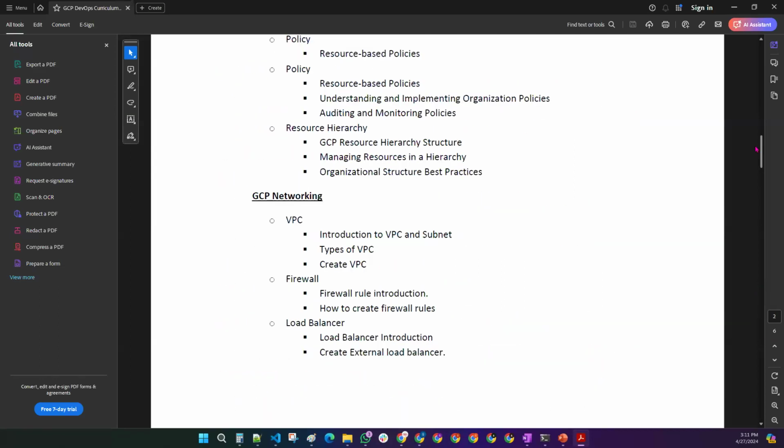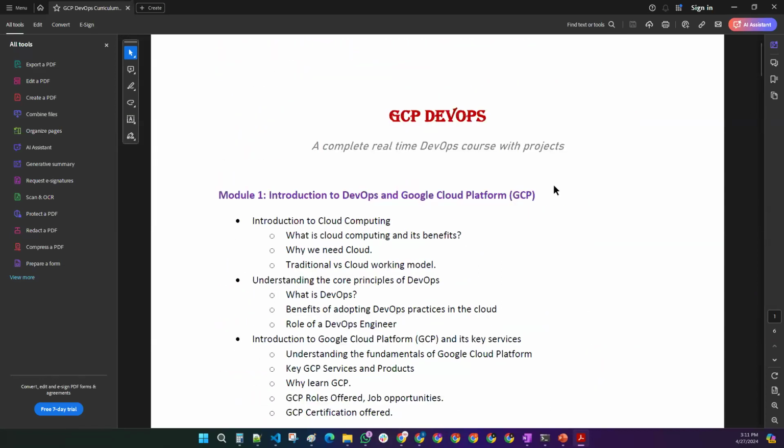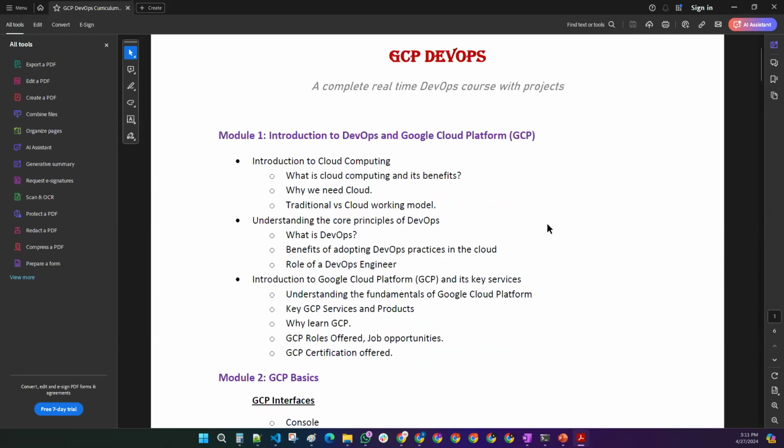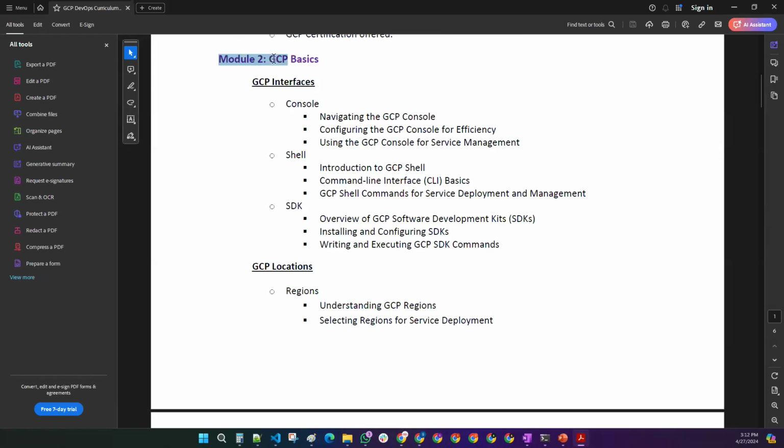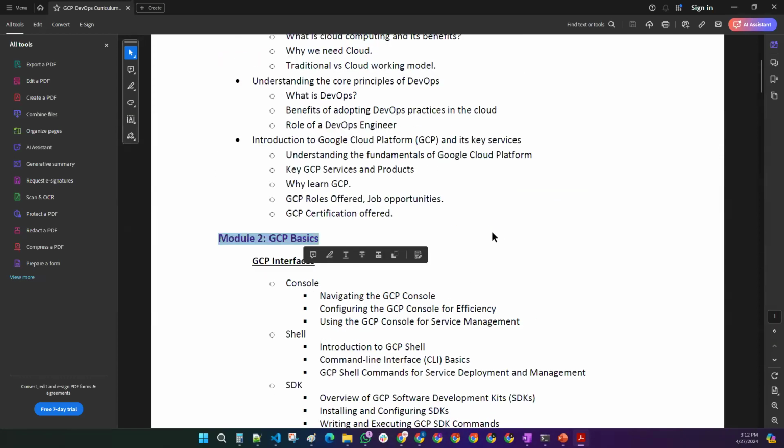Now, coming to the course content, how are we going to start? Someone is asking, sir, can you tell me how we are going to start? So we are going to start with a module on DevOps and introduction. Today we have started with what is DevOps and what is Google Cloud Platform. Okay, from tomorrow onwards, we are going to start with